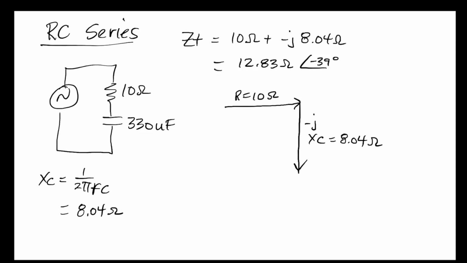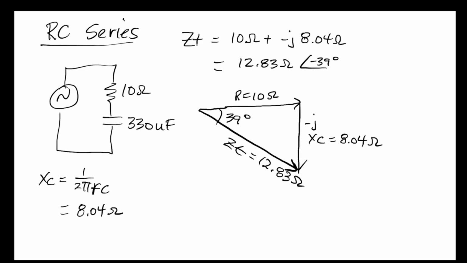Now I know that isn't to scale. Maybe I'll just extend this a bit to make it look a little bit more to scale. And this is going to be my Z total value. Now, the angle of impedance in the triangle is 39 degrees, and our Z total value is